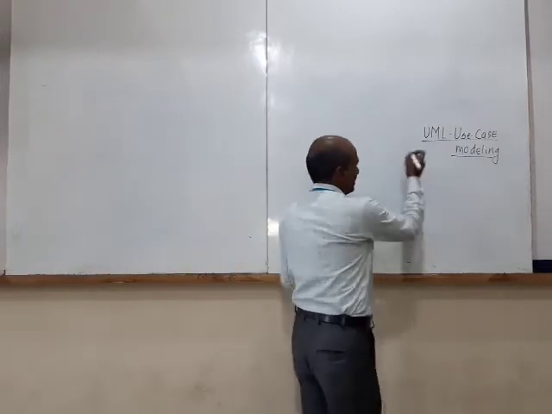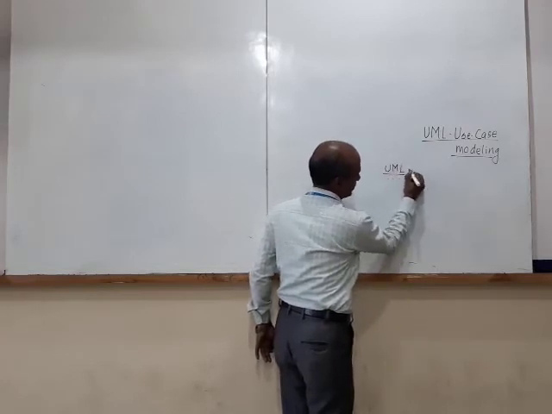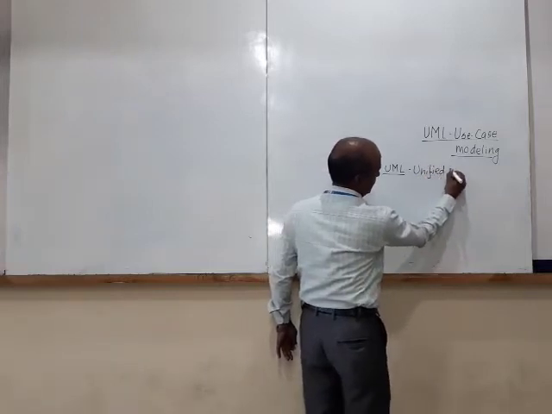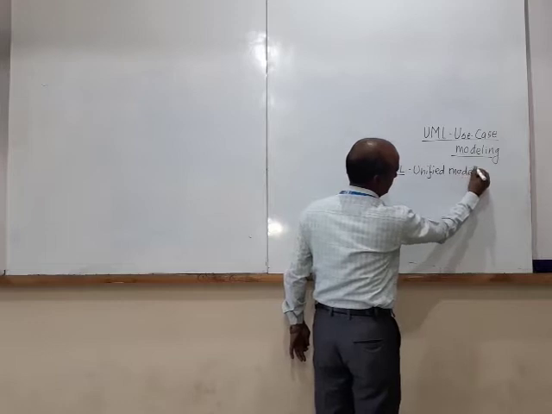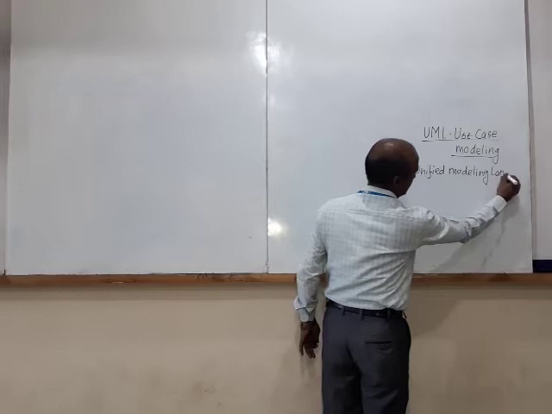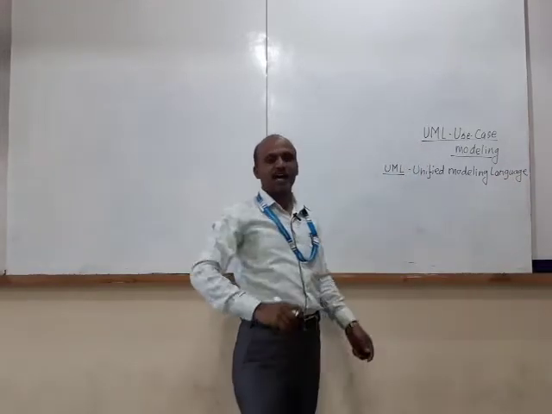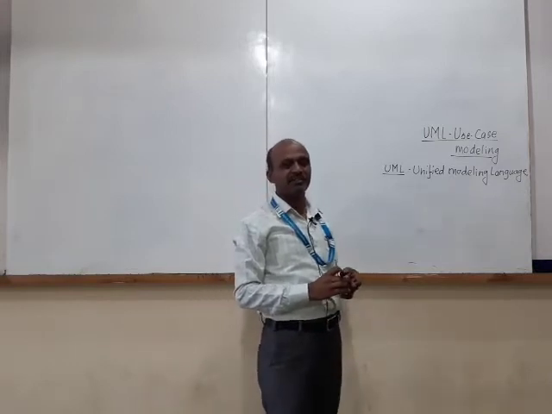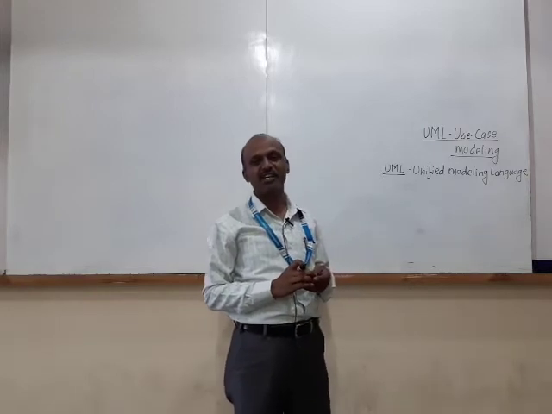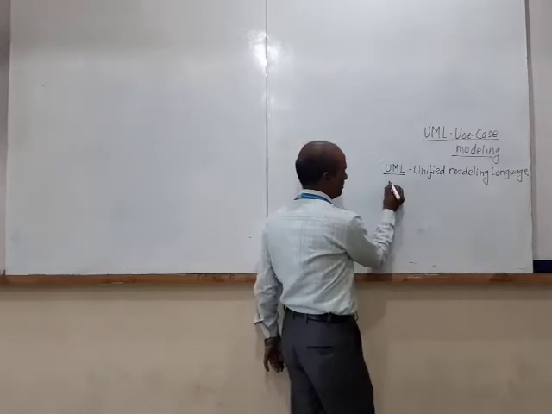Within this UML, which is called Unified Modeling Language, there are 9 different diagrams to create a blueprint of any software project. Those 9 diagrams are: number 1,